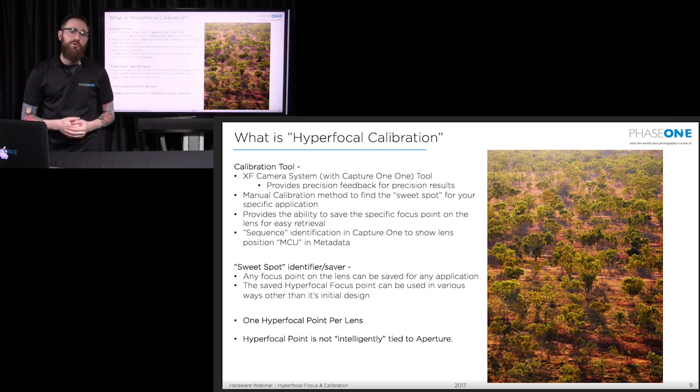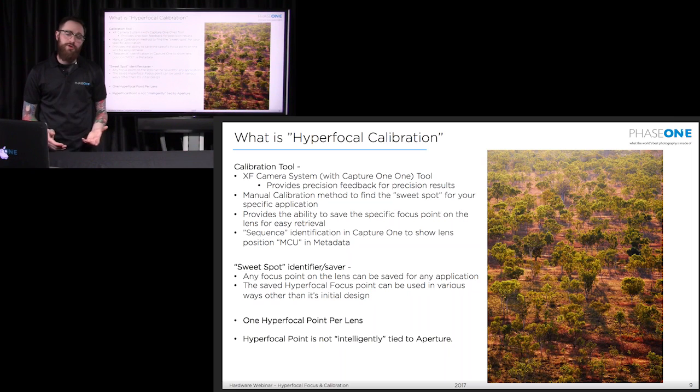And we are going to be going through a hyperfocal calibration. But keep in mind that really this tool, when you boil it down to the simplest terms, is simply a way for you to determine that the lens returns to a specific point on its focusing ring. That's all it is. So in that regard, it can be a sweet spot saver, which means if you're doing tabletops in the studio and you always want the lens to return to the exact same location in its actual focus and always focus right on the tabletop, then you can save that using the hyperfocal calibration tool, and that'll be your lens's sweet spot for that specific setup.